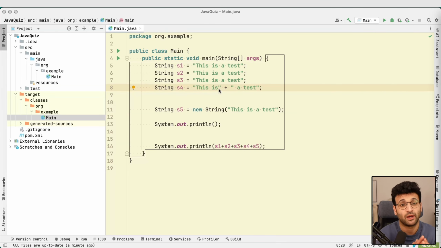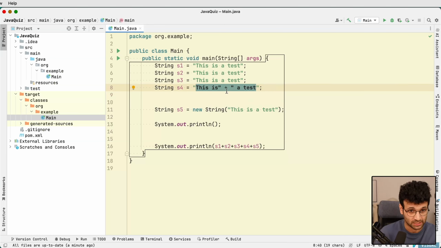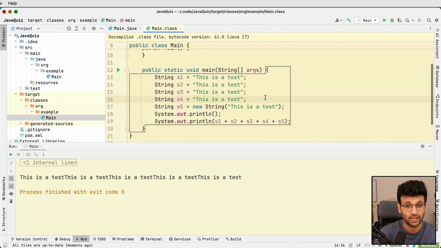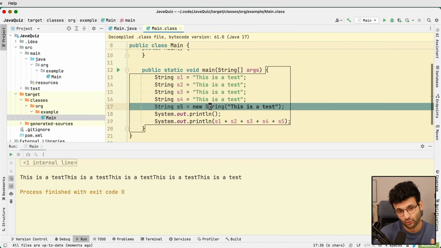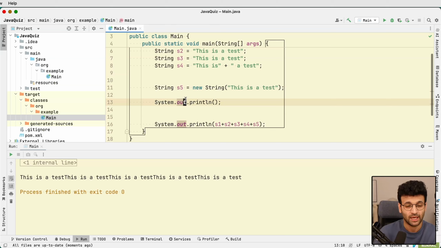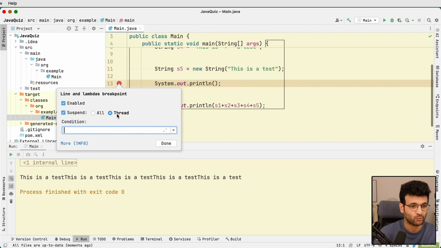We have a new program now that's been modified, and it's got S1, S2, S3, basically pointing to the same object that's going to be stored in a string pool. And then S4 will also point to the same object because it's a concatenation of both. Let's just give it a quick run and decompile, and you can see they're all the same. Now, except for S5, of course, which is pointing to an object that will be created in the heap outside the pool. And then I've just added those two lines, this line for us to have a breakpoint, and